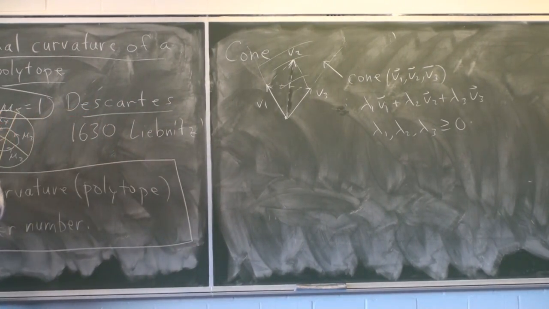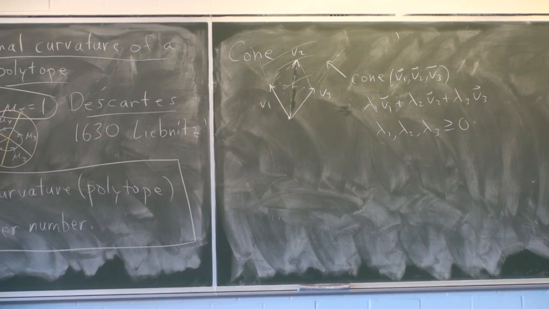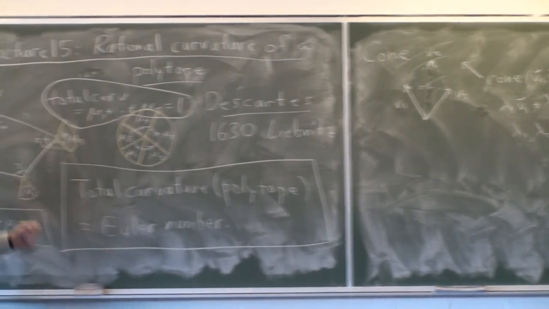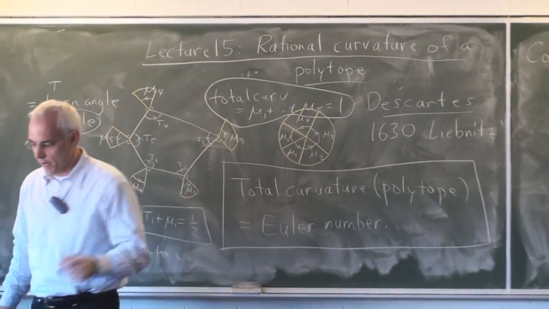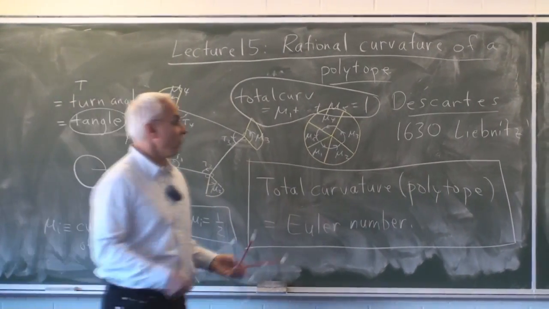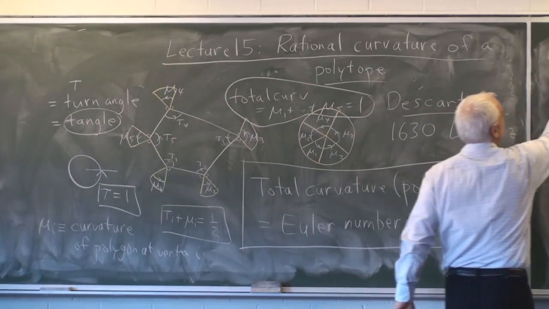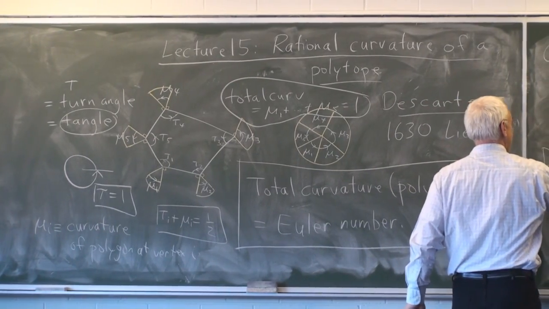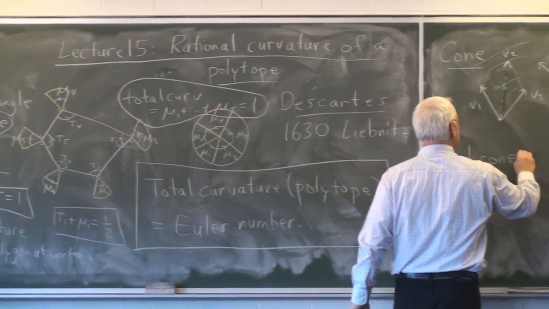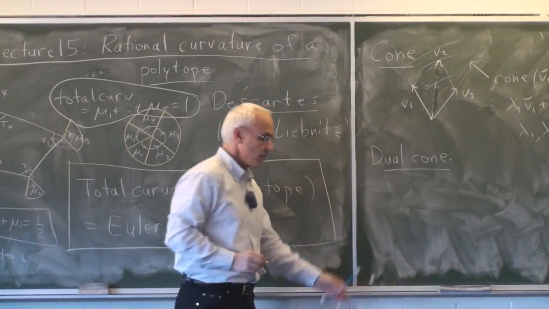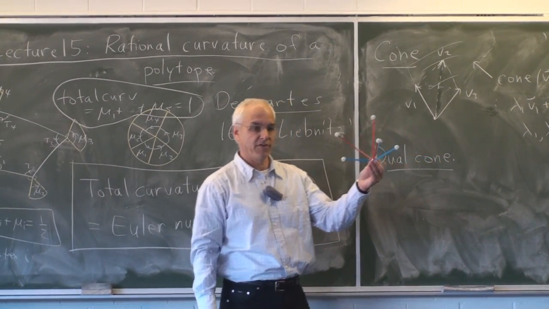Okay, so now what we need to do is something analogous to what we did over here. Here we had a vertex, kind of a 2-dimensional cone, and we had the sort of opposite cone that was at right angles. So we have to do the same kind of thing over here, and that involves the idea of a dual cone. So how do we define the dual cone? Well, let me show you what it looks like, first of all, for our example.